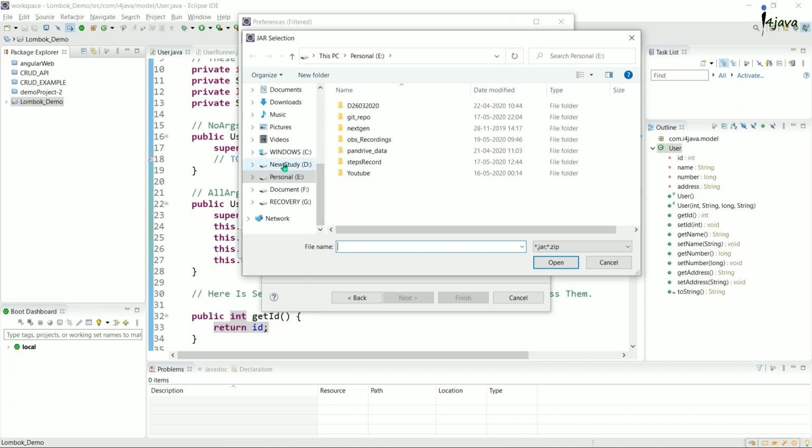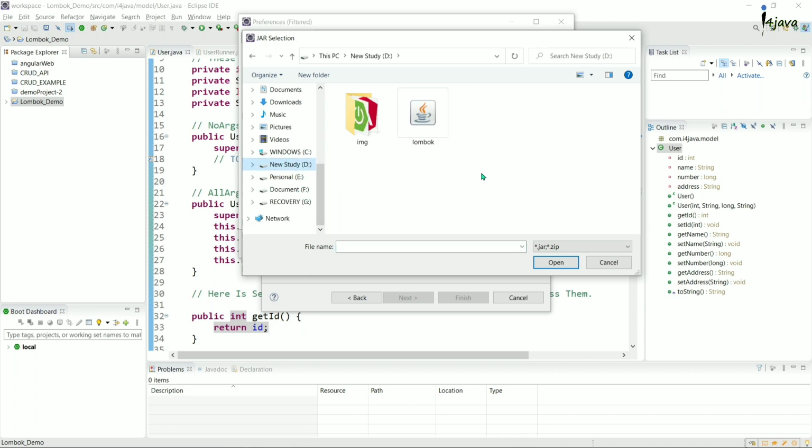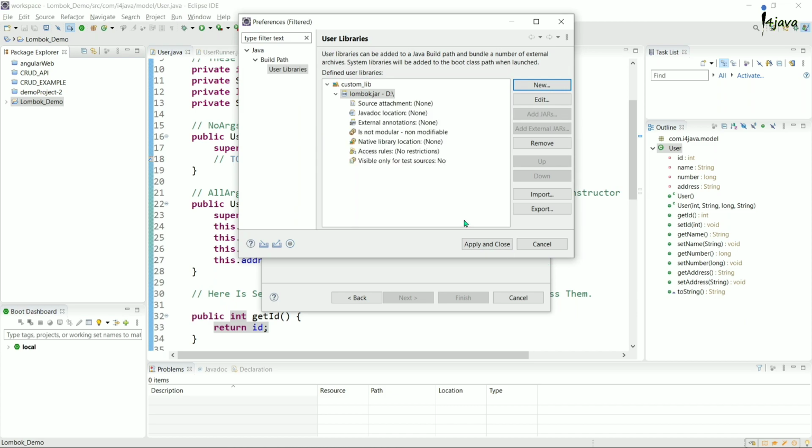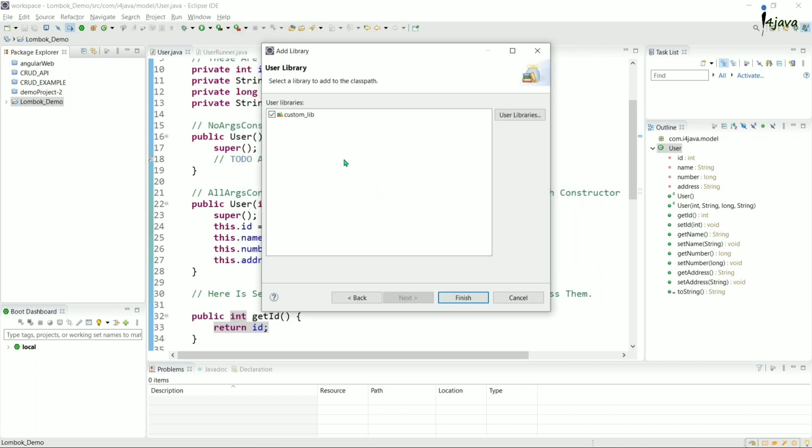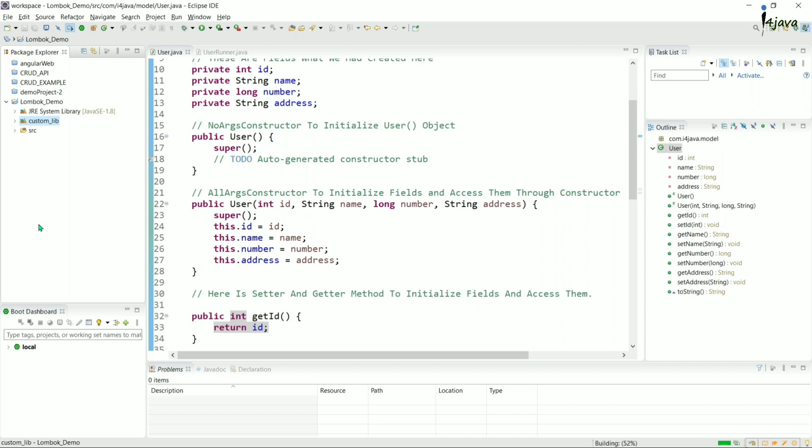Go to the drive where you stored your Project Lombok jar. Here it is, and just click on open. Now it is added. Apply and close. Click on finish. Now you can see here your Project Lombok is added in your class path.